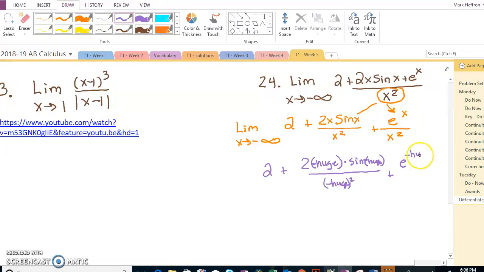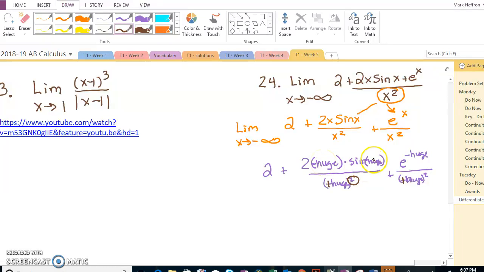e to the negative huge over another huge squared, where that huge is negative. Well, all of the squareds become positive, and anytime the denominator is growing faster than the numerator,